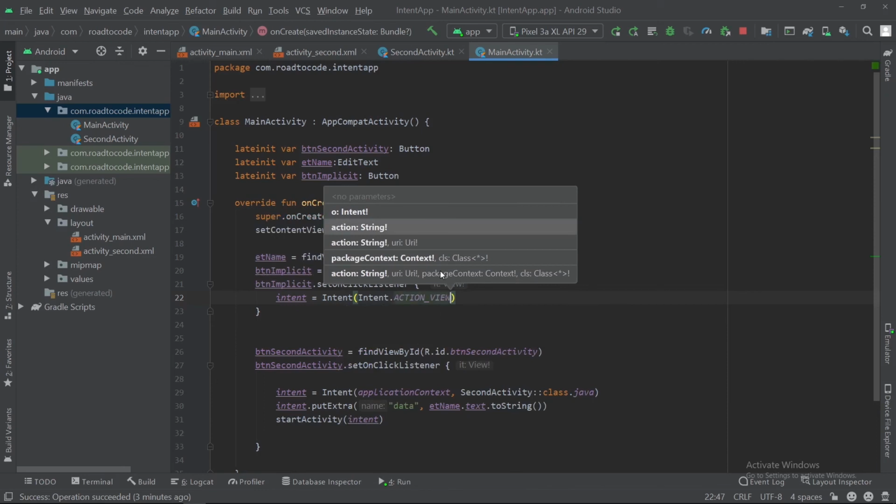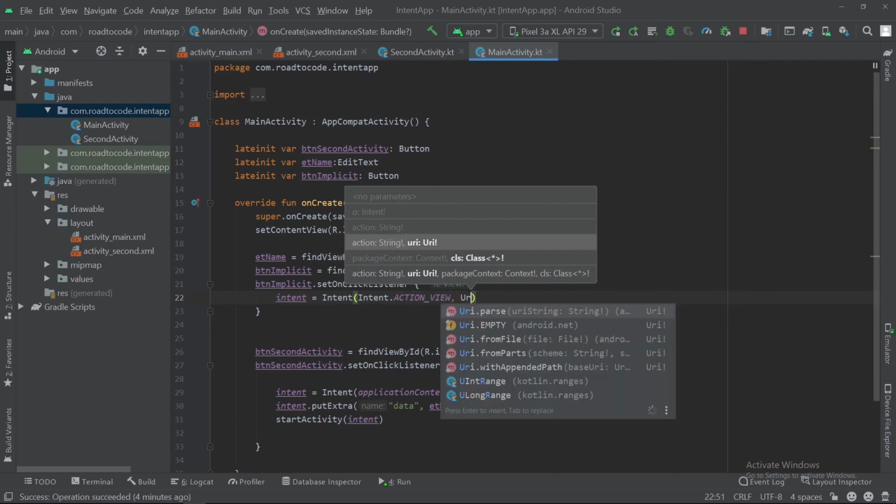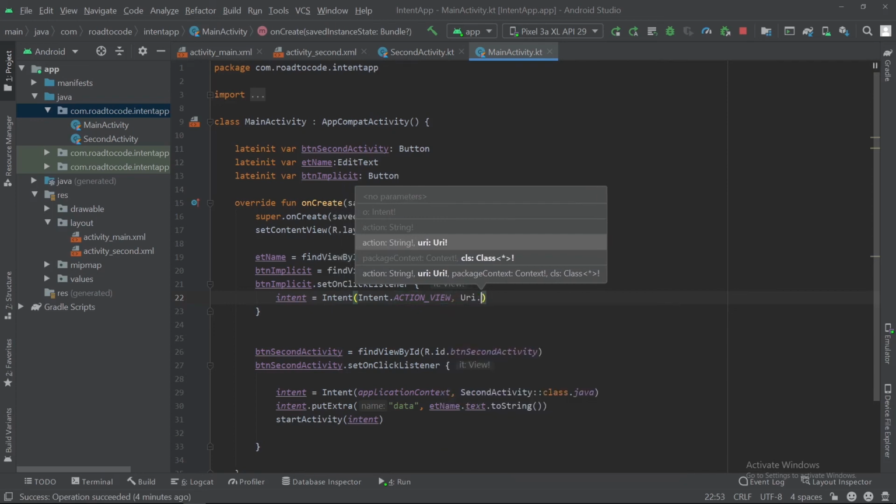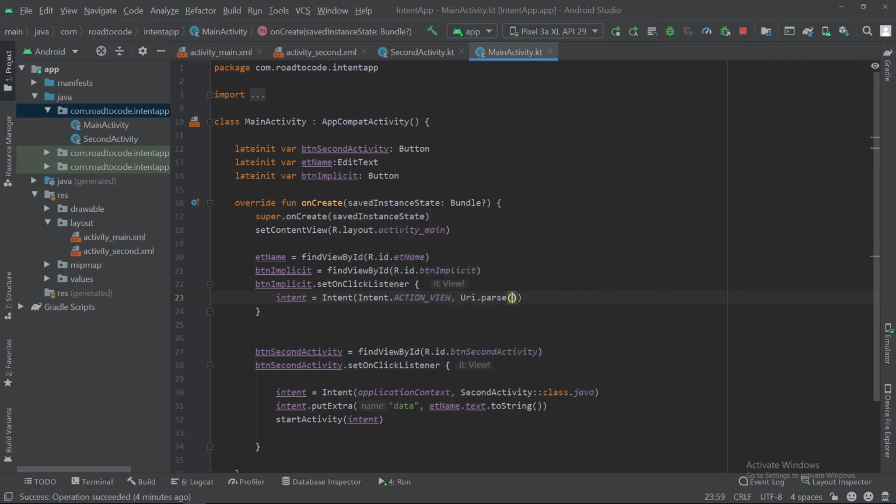So the first parameter will be the type of intent, that is ACTION_VIEW, meaning we are going to view something. And then the data we are going to look up in the different applications, that is Uri.parse. And here I am mentioning one URL, that is roadtocode.org.